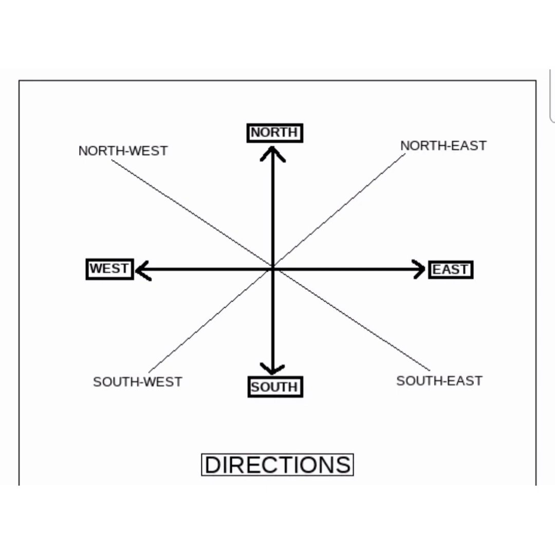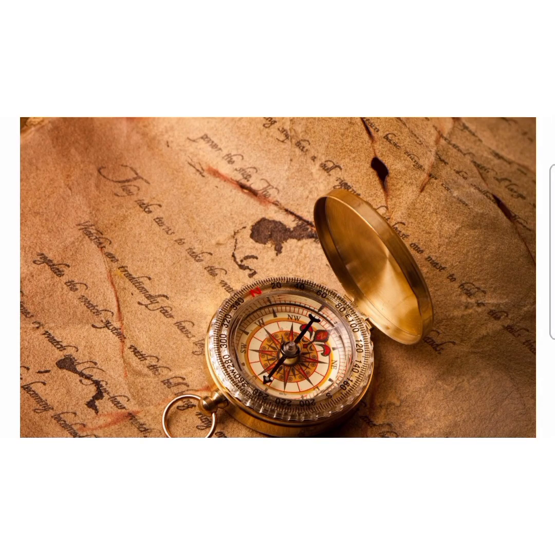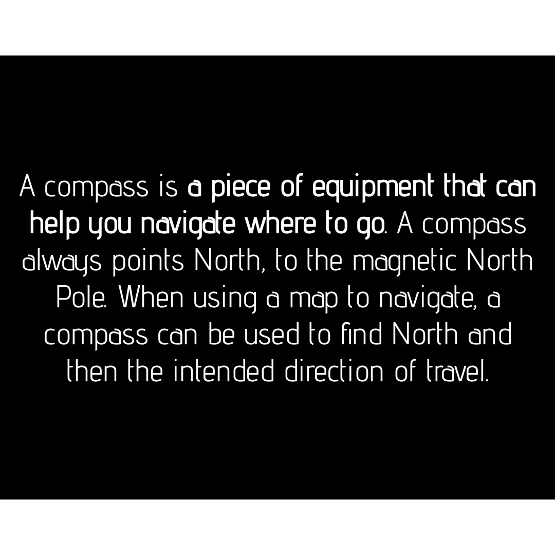Okay, so now we will study about the compass. The compass is very useful for finding the direction at a place. It is a small circular box and it has a magnetic needle inside it. The needle of the compass always points in the north-south direction, so you can find the rest of the directions. And the compass has been used by travelers and sailors since a long time back.